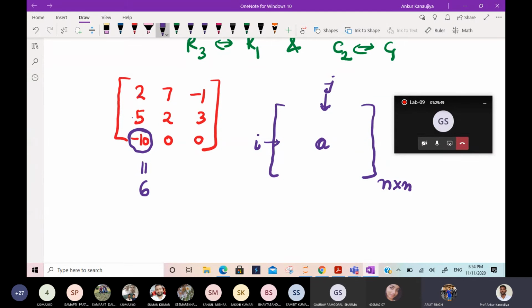Sir, I plus j minus 1. I plus j. I plus j minus 1. Count correctly. So tell me how many. Okay, forget about this. Tell me in the first row how many entries? If you start from 0, it is n cross n. How many entries in the first row? N minus 1. How many in the second row? N minus 1. Yes, n minus 1 in each row.